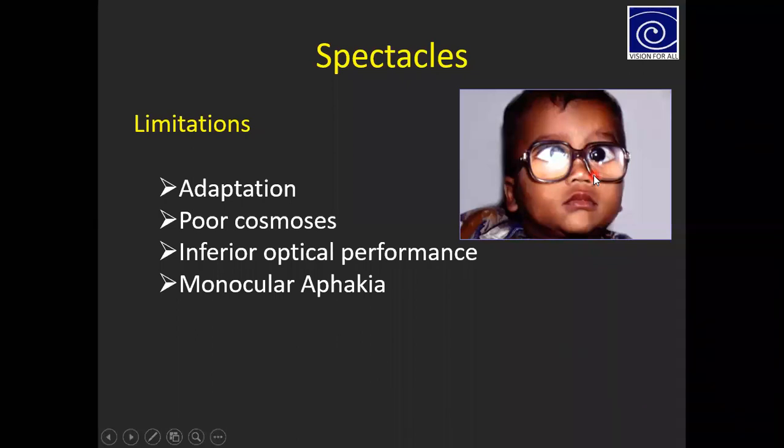And since these small babies do not have a nose bridge, and their face is very small and their facial physical features are not very strong, they cannot support such a high number on their face, because such a high number lens would be thicker and also heavier. So even if you give the spectacle to those patients, they will end up not using those lenses. So that is one problem.